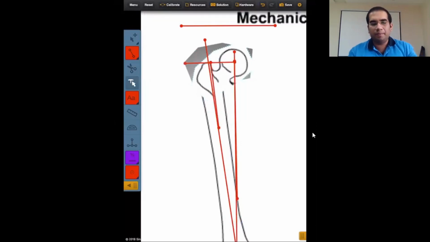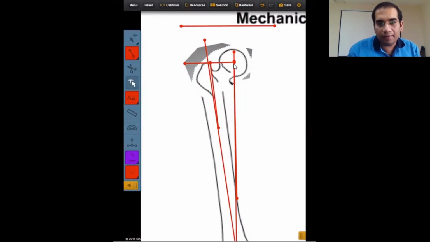As you can see, I just corrected the mechanical axis. I took my reference line, I took the apex of the angulation. My correction was at the center of the hip joint where my CORA was, and I corrected the deformity. And as you can see, the mechanical axis has been restored, but just by doing this, the anatomical axis has also been restored. Now this line is